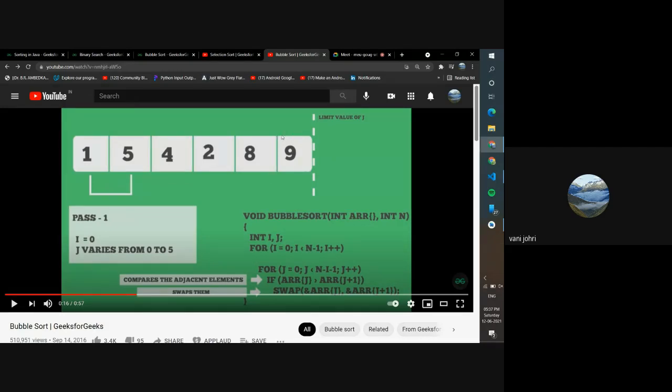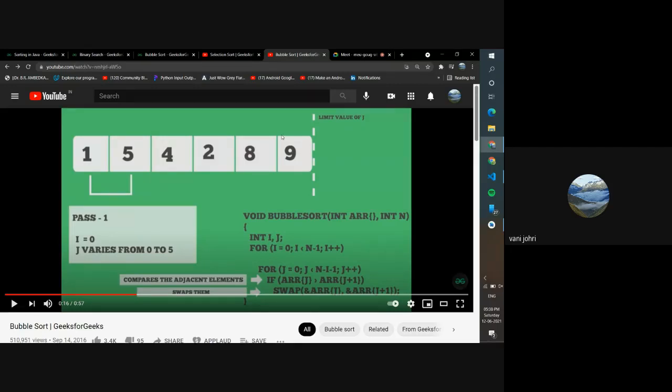But how do you change that number? When you're writing a program, you should not keep on using separate variables for everything. It just takes extra memory. Think of a logic for how you can do it. Instead of 5, now you want to run till 4. So you were doing n minus 0 minus 1. If now you do n minus 1, it's going to give you the position number for the element 8 in the array. And how can you get it? i is obviously going to go from 0 to 1, so you just do n minus i minus 1. So that's how you figure it out.